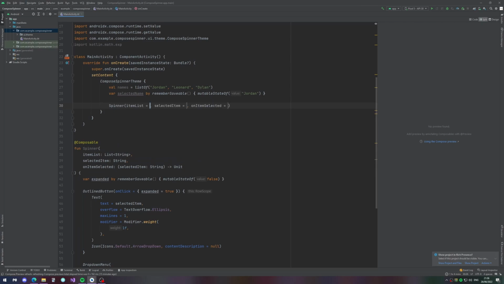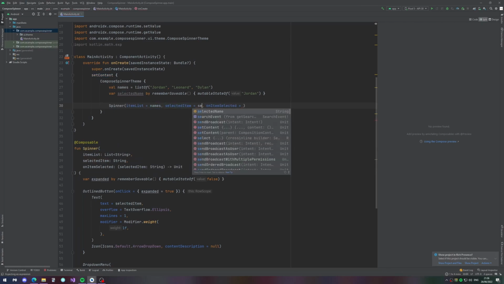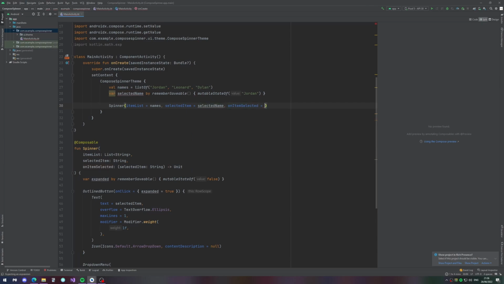Then we just put the spinner, fill in the item name, put in the selected name, and whenever the item has been selected, we put in a method that makes the selected name equal to the name that we have just selected. So when you run this,